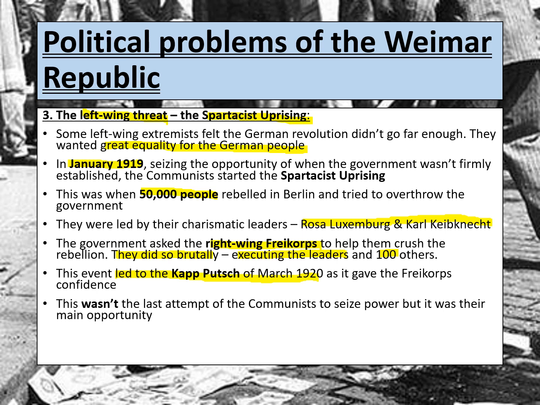Now, one thing I just want to point out at the end here, guys, is that this wasn't the last attempt of the communists, but it was their main opportunity. It is the main communist uprising that you need to know about. There were others that happened, for example, one in the Ruhr, but that's not one that we necessarily need to focus on for this part of the course. I really want you to make sure that you're just confident with the Spartacist uprising in particular.